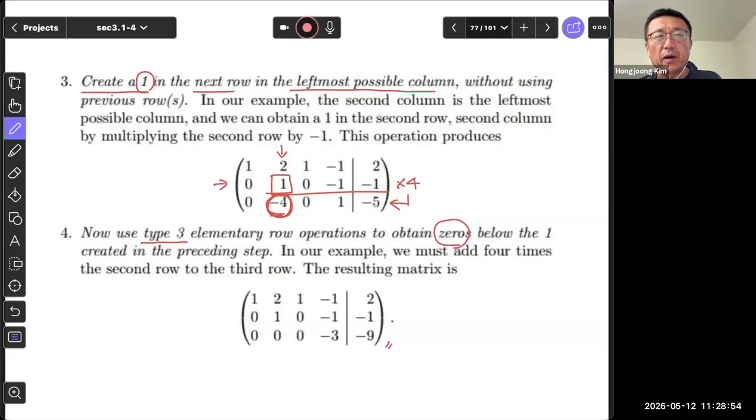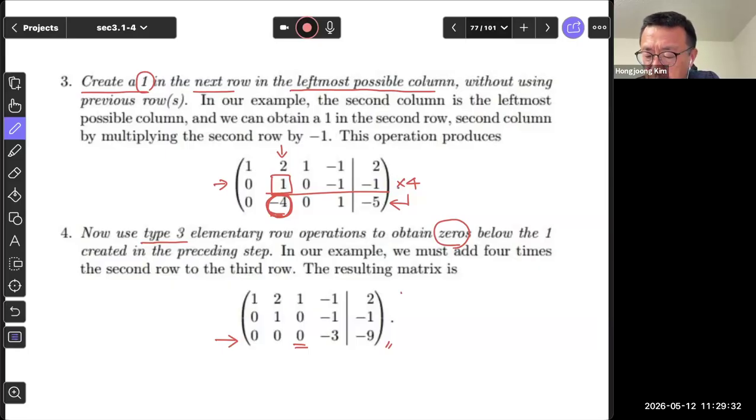Then I repeat steps 3 and 4. So I go to the next leftmost possible column next to row. So we were considering second row, second column. The next row is the third row. And if I consider the third row, third column, I have 0. And if I temporarily discard,